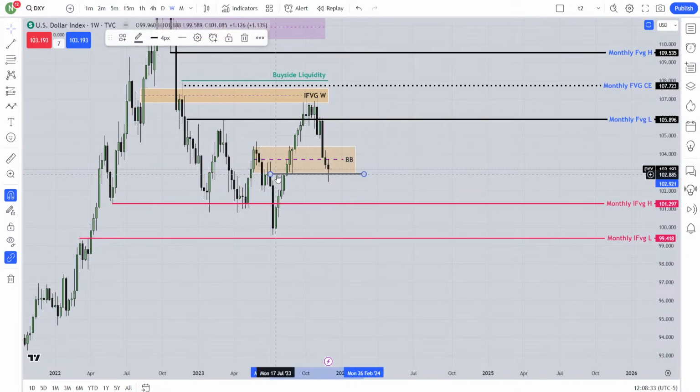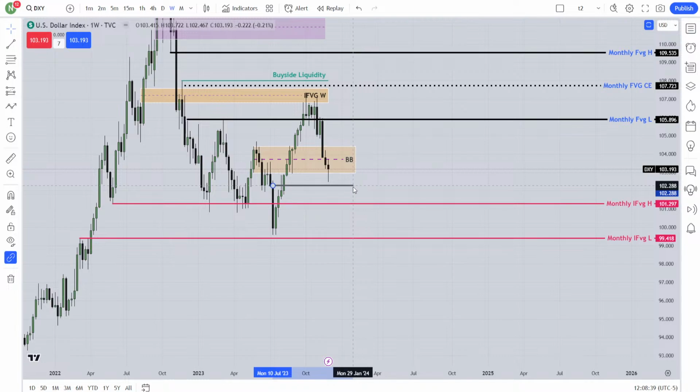Now this order block level is from the monthly chart. I would love to add this order block here from the weekly chart. This is the consecutive order block, so two candles, the opening is my order block level. I don't go to the highest of the week, that level I don't count, I count the opening. And from the weekly chart I would love to mark that order block.